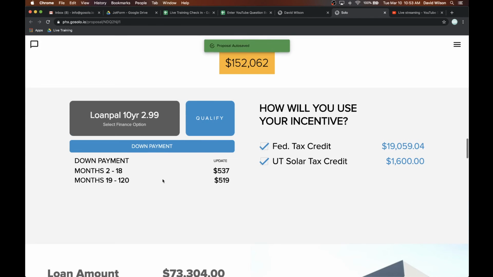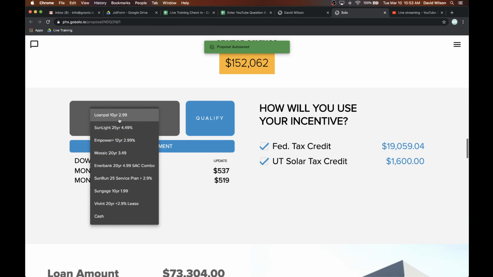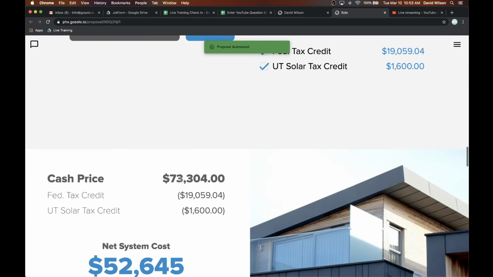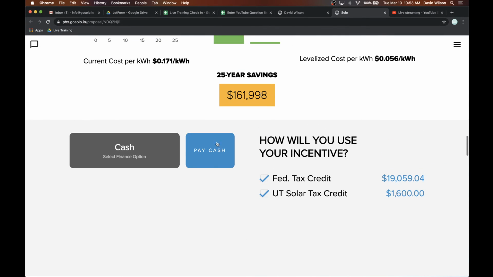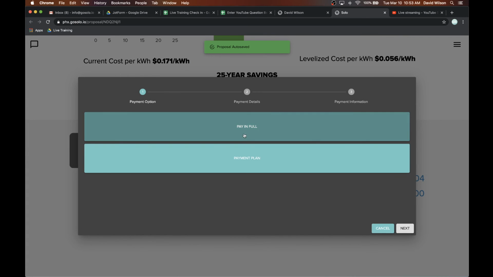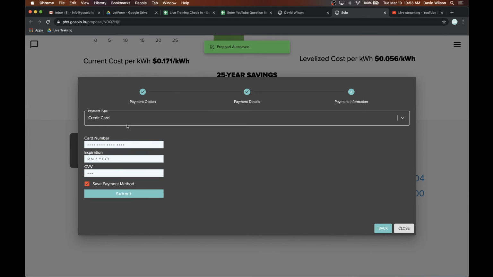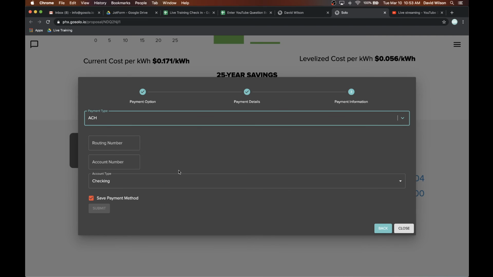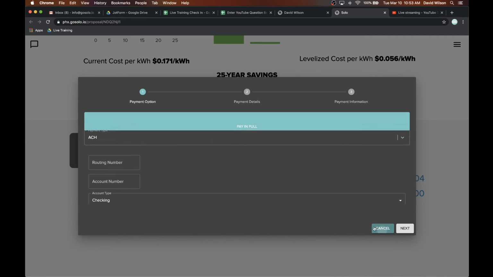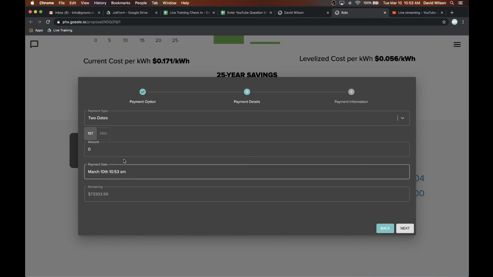If you want to run a cash deal, right here, click on this, come down to cash, and that will give you your cash option. We can also set your company up with a payment processor where you can click on pay cash, and you can just click on pay in full, and you can take a credit card or an ACH transfer right then and there. You can also click on payment plan, and you can set up a payment plan between 2 dates